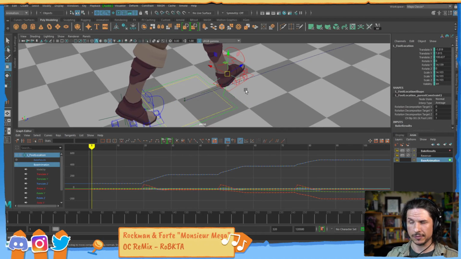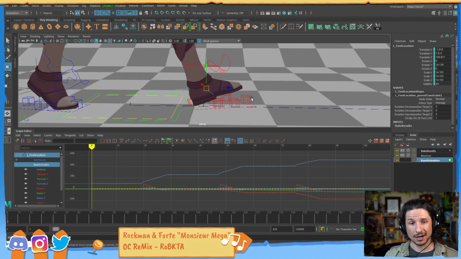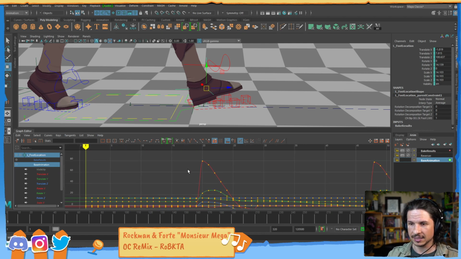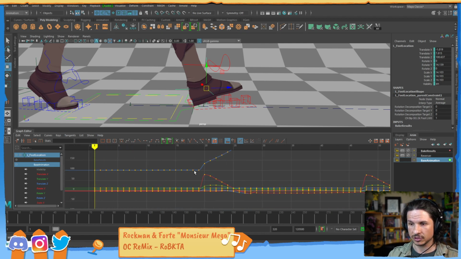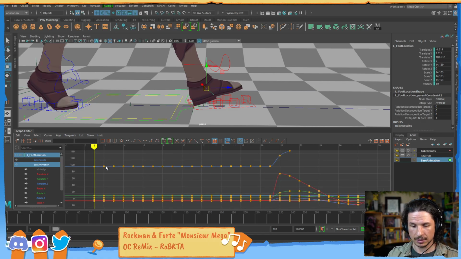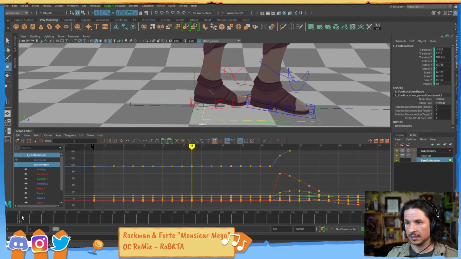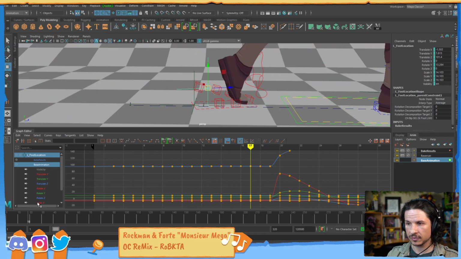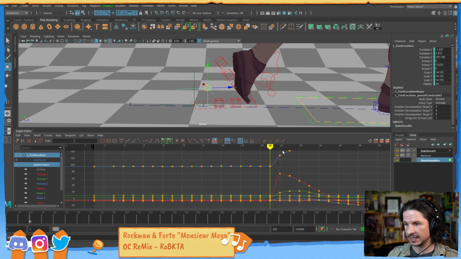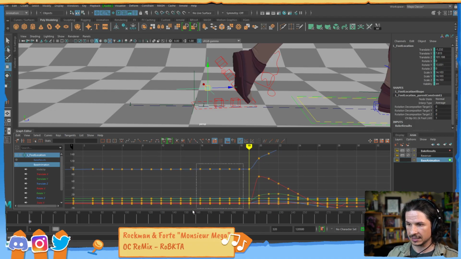Okay, now what? Well, now all I need to do is make sure that when the foot is flat on the ground, it doesn't move. Well, that's pretty easy. I'm going to find the section where it's about to contact the ground. So right there. And then let's delete the key right after, just so we have a gap. Go forward to the moment when the foot's about to raise off the ground. So right here, we can even see it in the curves very easily. Delete all the keys in the middle. And then,